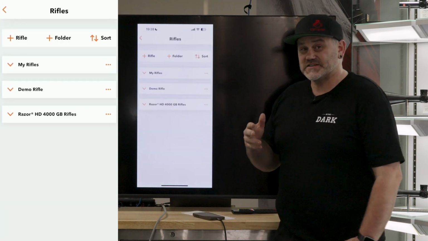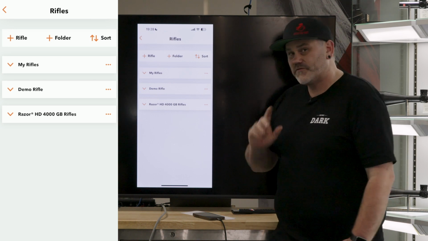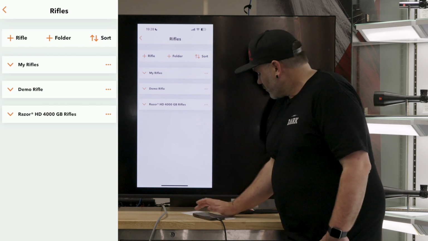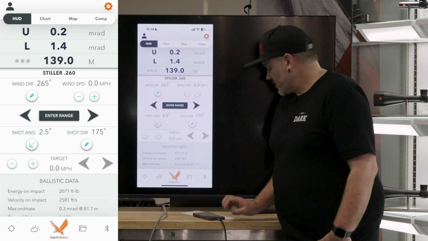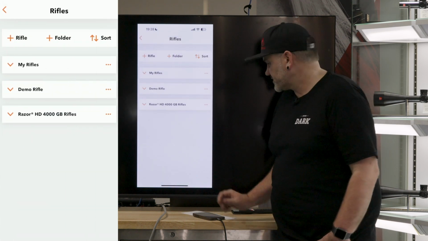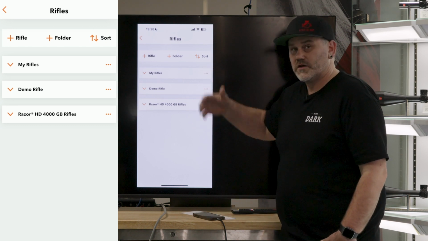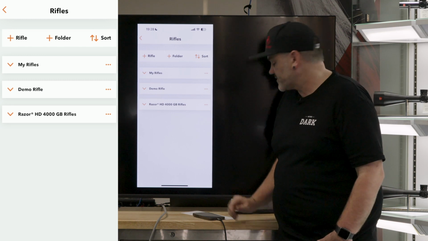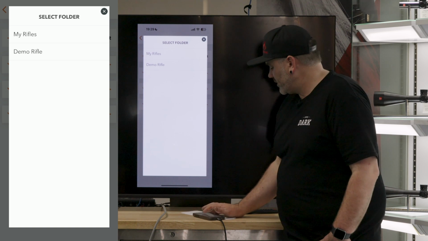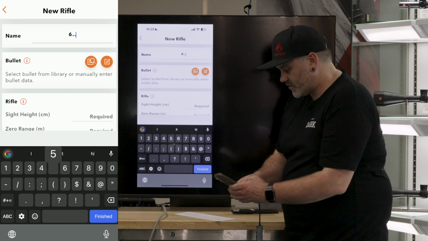So we're running through Geoballistics, which is a free app for one rifle, but you may need to use more than that. We'll fast track through this a little bit so that we can get through. When you open the app up, you'll generally open up to this screen here. We're going to press this little button down here, and that's going to bring us through to the rifle setups. In the rifle setups, you'll see that we've got a couple of folders for larger collections. You can drop them into the various folders that you need to. Tonight we're going to add a new rifle, and we're going to put that rifle into the demo rifles. We're going to put this one in as a 6.5